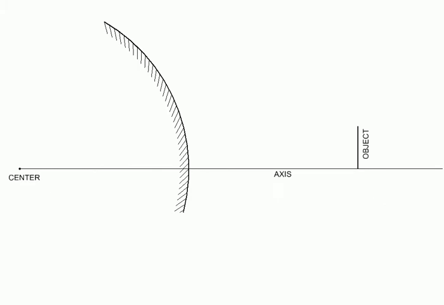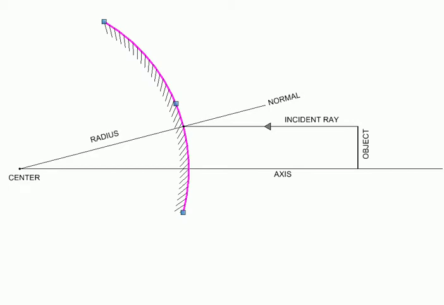Next we are going to take a ray coming from the object. This one we have taken to be parallel to the axis, and this is the point where it strikes the mirror. How it gets reflected depends upon the normal at this point. Now what is a normal? It is a kind of perpendicular but drawn to a surface. So we have a spherical surface here, so we are going to call it a normal. But that spherical surface is seen as an arc, and normal to an arc is nothing but its radius. So this radial line, if we take and extend it outside like this, it becomes the normal.